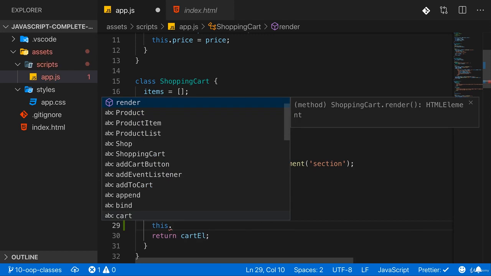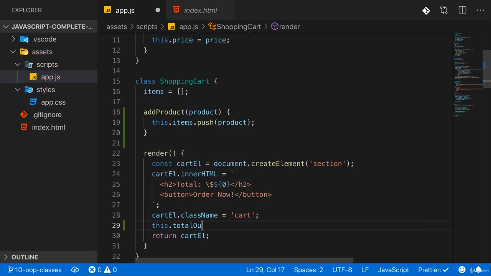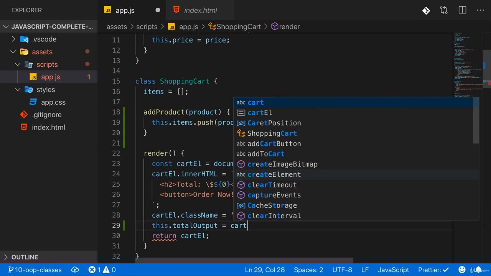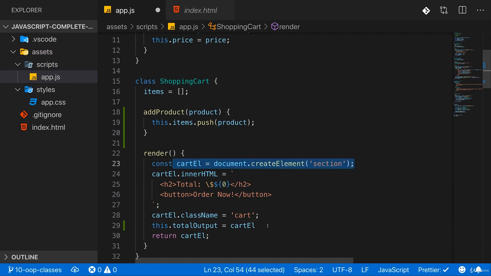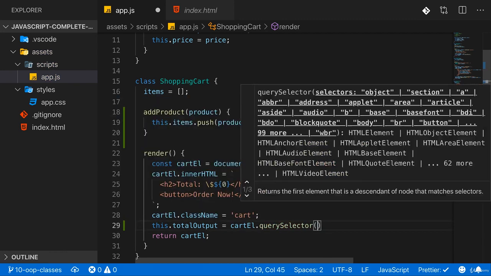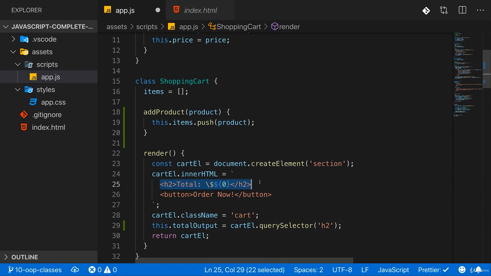Here, we could say this total output, or however you want to name it, and therefore add a new property. And you can add new properties anywhere in your class, in your object. It doesn't have to be inside of the constructor. As you learned earlier in the course, you can always dynamically add new properties to an object. So here we add a new total output property to the object which is created based on this class, and set the value equal to cart L, referring to that element we're creating here, and then query selector h2. So we get access to that h2 element and store a reference to this element here in the total output